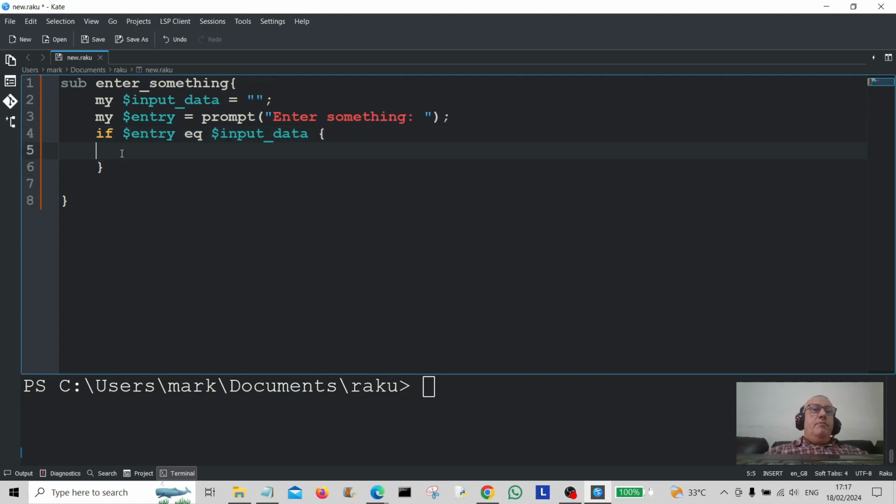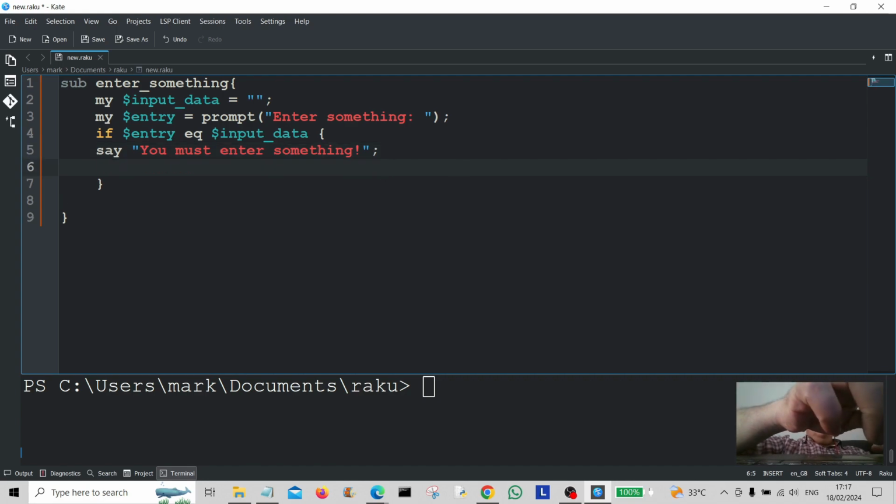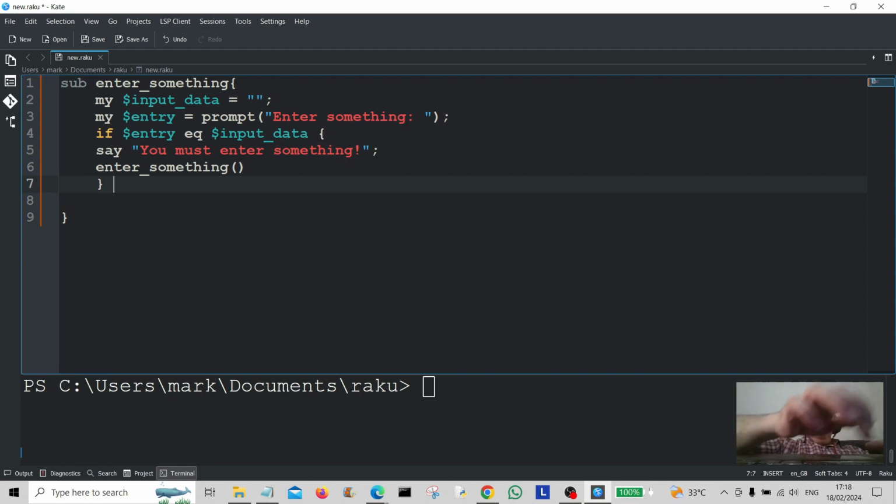First of all, we're going to print out a message to the user saying you must enter something. And then we're going to take them right back to that where they can enter something again by using enter something. We're going to take them right back there, or else